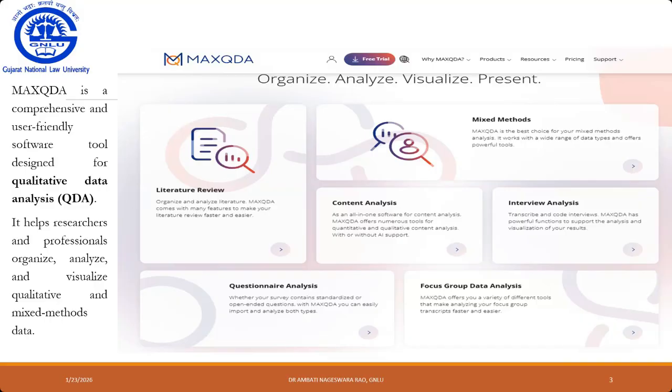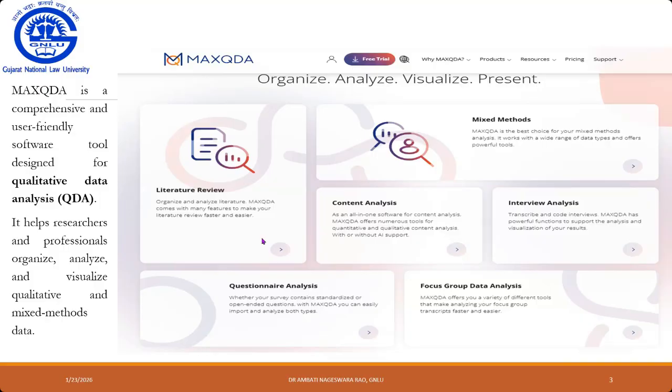Another important part of MAXQDA is that, I'm not sure how many of you have experimented with either NVivo or Atlas.ti. As compared with NVivo and Atlas.ti, MAXQDA has so many features in terms of literature review, conducting content analysis, data visualizations, and conducting mixed methods, not only quantitative; we also have a component for conducting mixed methods as a part of MAXQDA. Okay, so one can analyze interview data, focus group data, and quantitative data like survey data. So that is the plus of what MAXQDA software is all about. Okay,